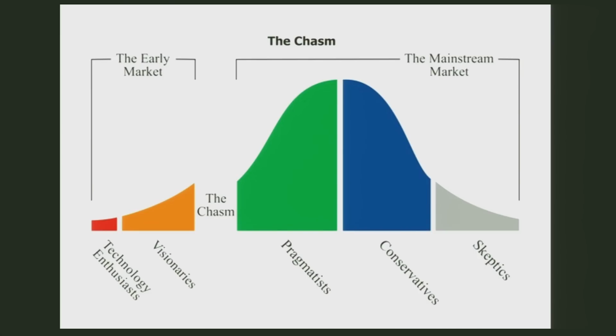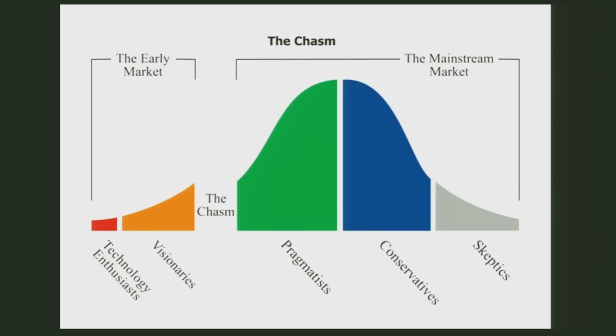And basically the idea is that if you take the subset of users of your thing, they fall underneath this curve. And so we can split the curve up into five different groups of people, basically. And that's all good and fine. But the thing about the book is that there's this chasm there, hence crossing the chasm. And what the chasm represents basically is that there's no actual guarantee that just because some early adopters like your thing, it will actually get used by a significant number of people.